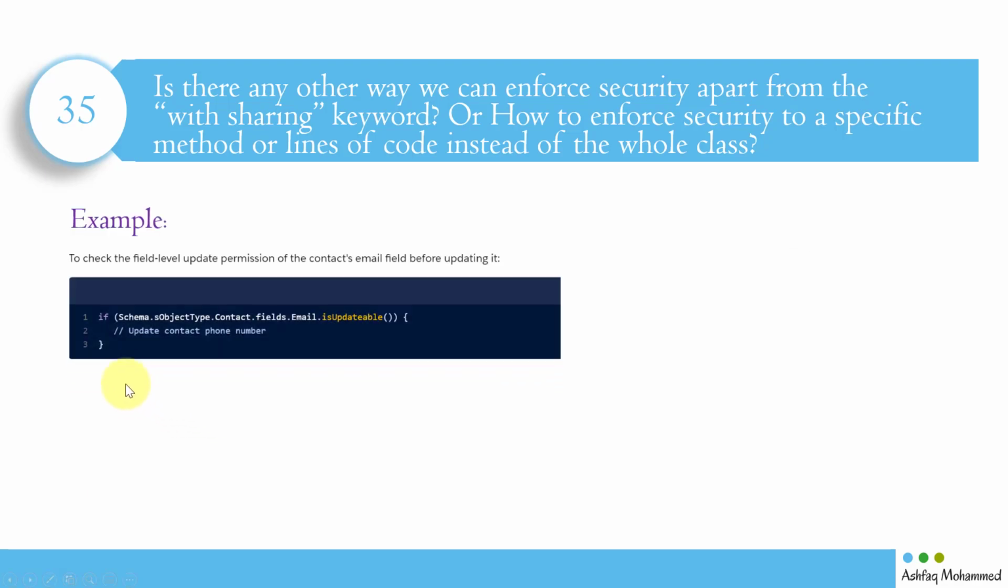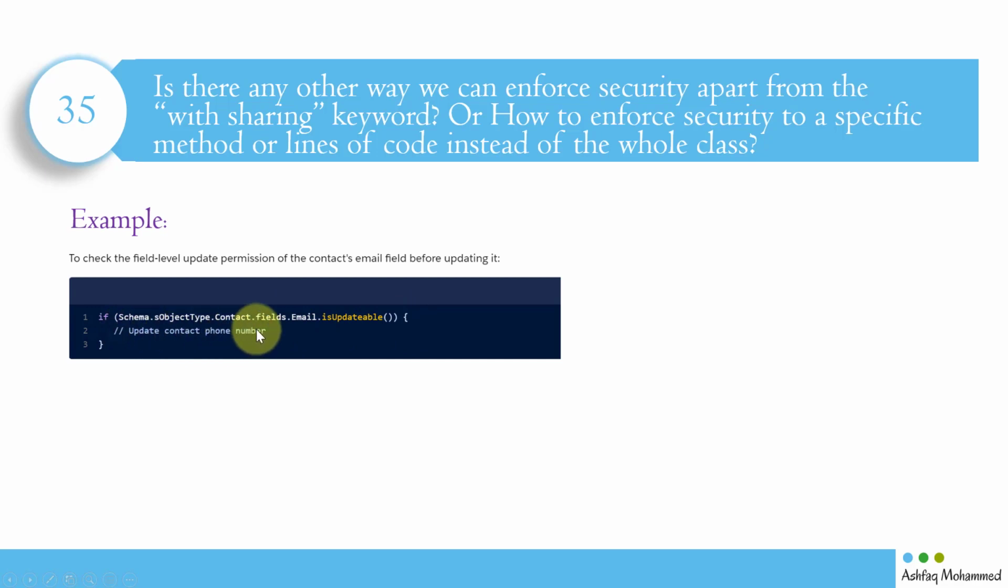We can use these methods to check if Schema.SObjectType.Contact, because this is a contact field, and then we are checking the field, which field we are checking, Email, and if it is updatable. So if it is updatable, I mean the user has proper access to update that field, then this line of code will return true, right? If it returns true, then it gets into this code block,